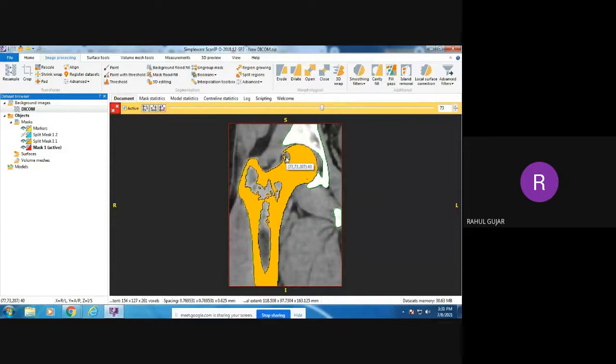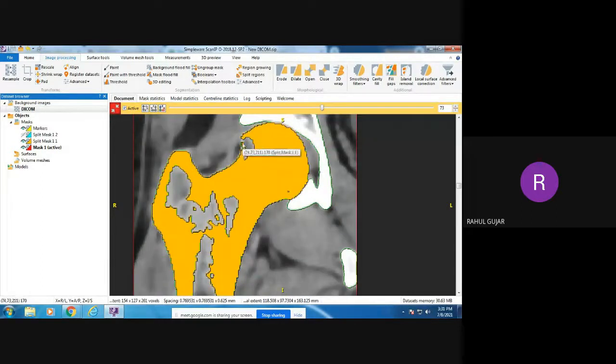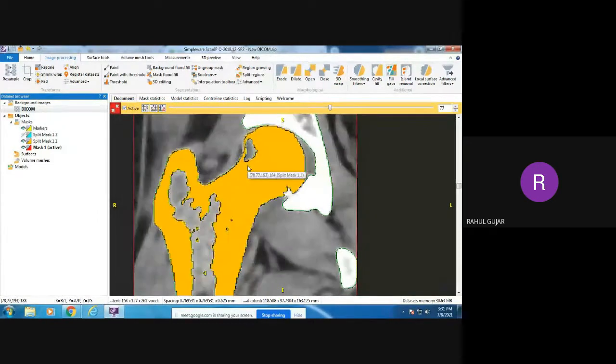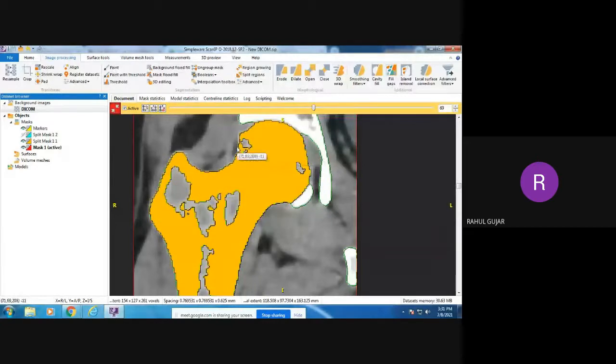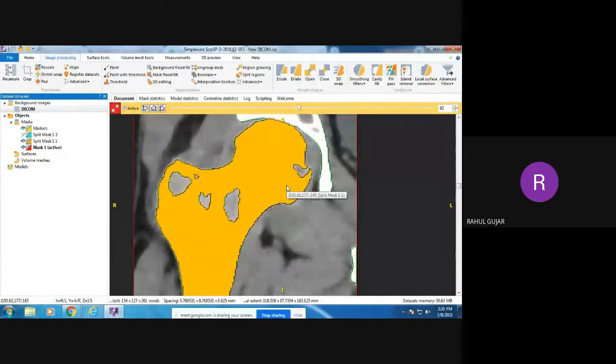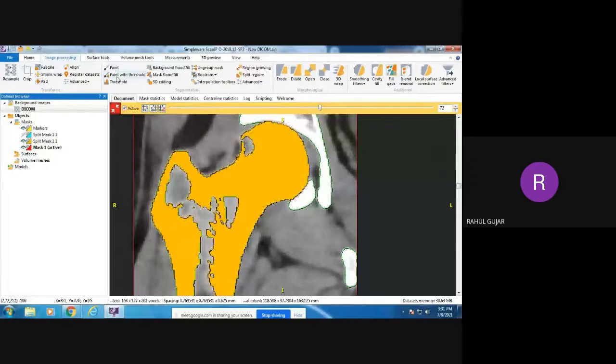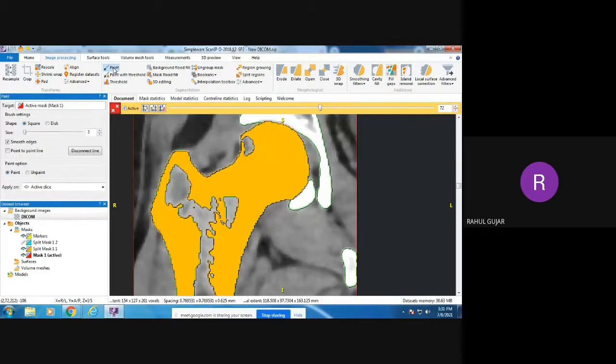Here again there is no connectivity in the model. You can see there is a loss of data here. There is no mask implemented on that image. So here again some cavities are showing. We want to fill all the cavities to convert to a proper, accurate model. For this purpose we need to click on the paint option. Look here, the paint option is there. Just click on the paint option. Here you can select the cursor and the size of the cursor, and just paint on each slice. I will quickly do it. Okay, just wait.